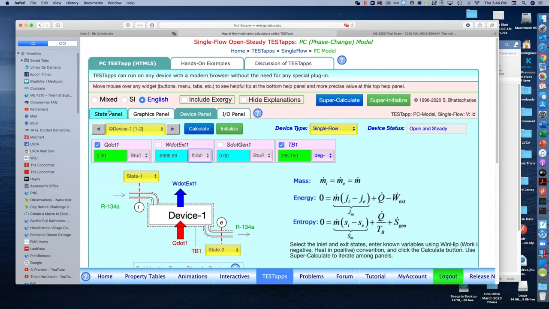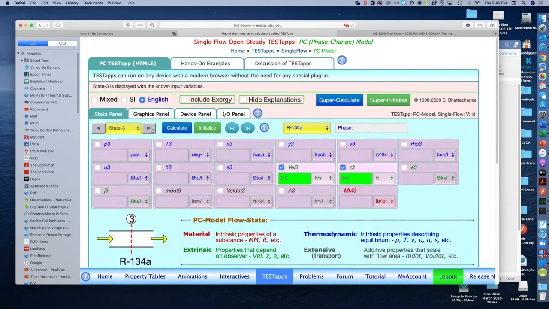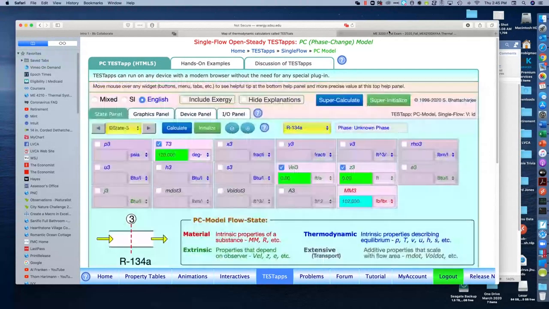And so I'm going to go back to the state panel, and what we want to do is generate a third state, which is the actual state coming out of the compressor. What we know about that is it's no longer isentropic, but we do know what the temperature is. The temperature, as we saw back here, was 120, and so we're going to put in 120 Fahrenheit there. And then the question is, what else do we know for that final state? Well, we go back and we see that